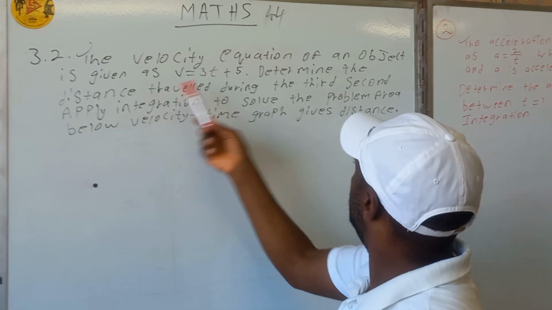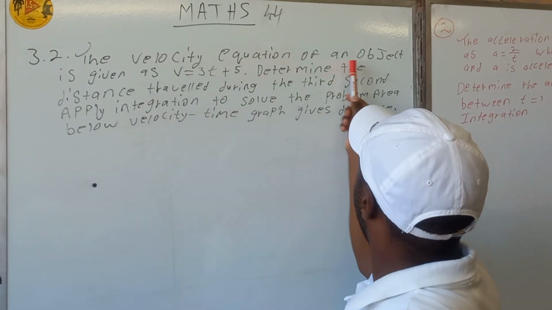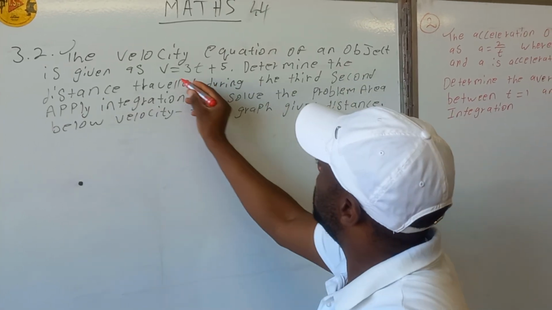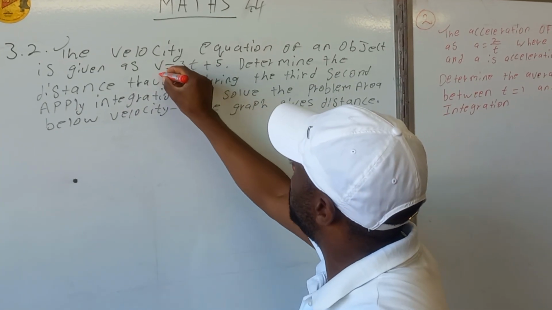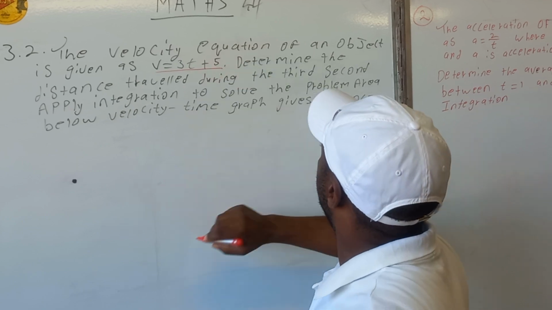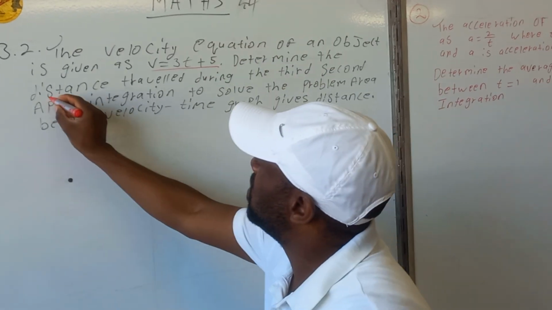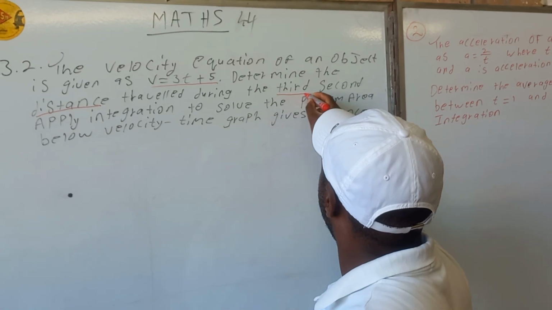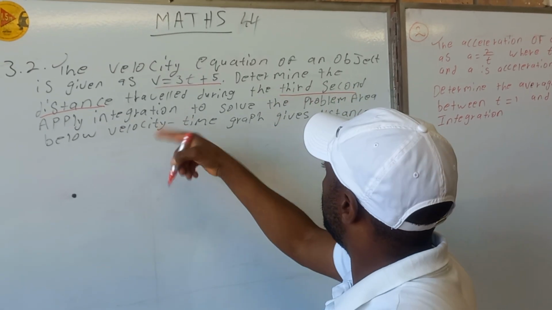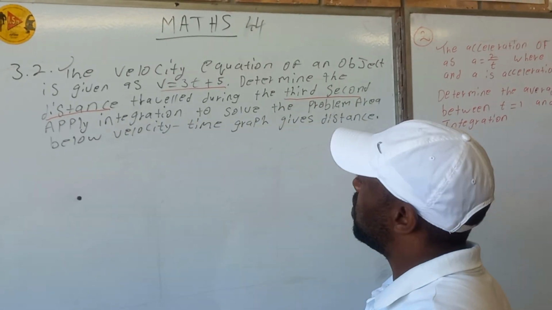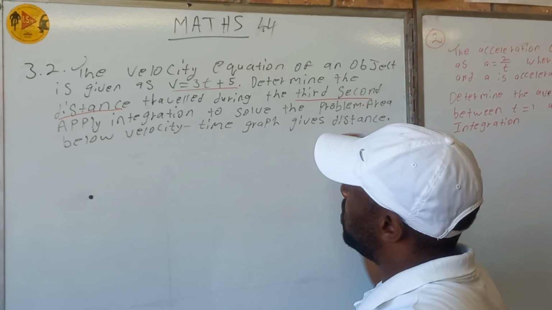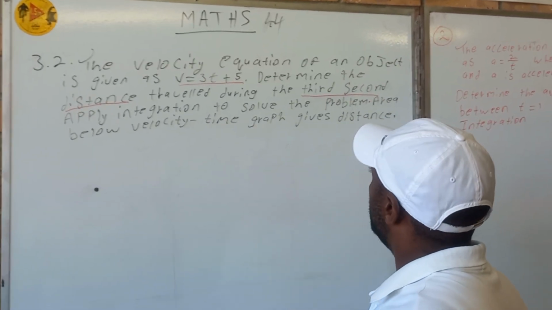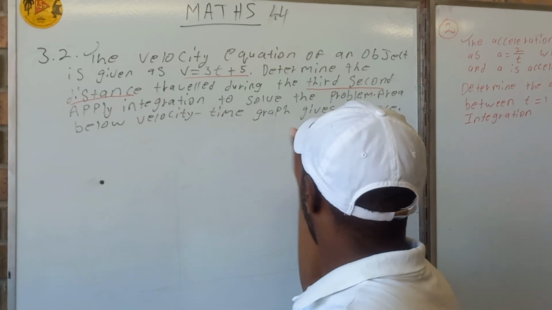So now let's look at this simple problem. It says the velocity equation of an object is given as v equal to 3t plus 5. We need to determine the distance traveled during the third second. You are advised to apply integration to solve the problem, and you are also told that the area below a velocity-time graph gives you distance. The only unfortunate thing with level 4 is that they don't give you formulas for this,